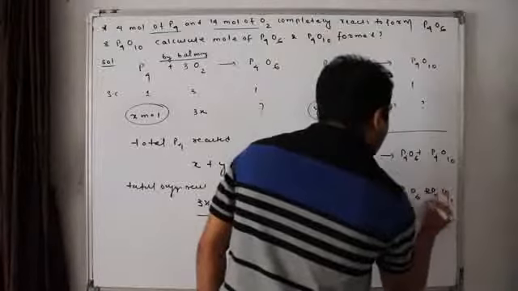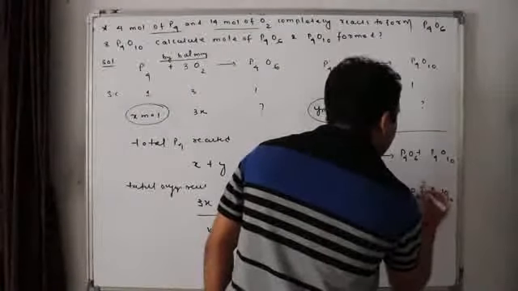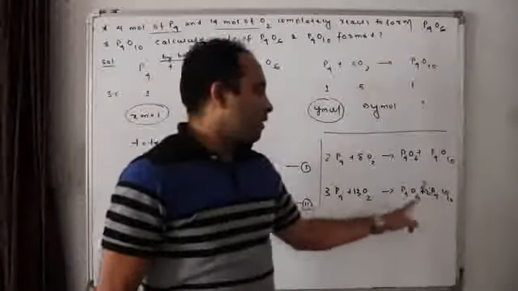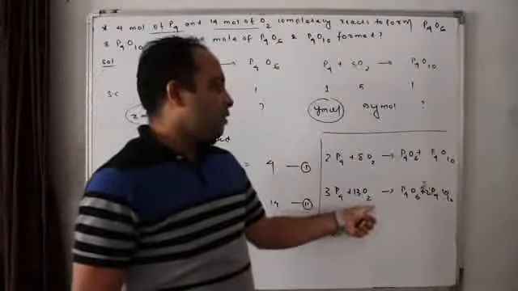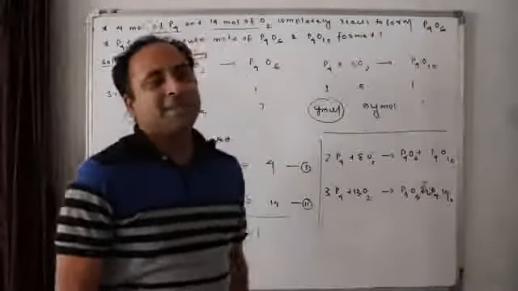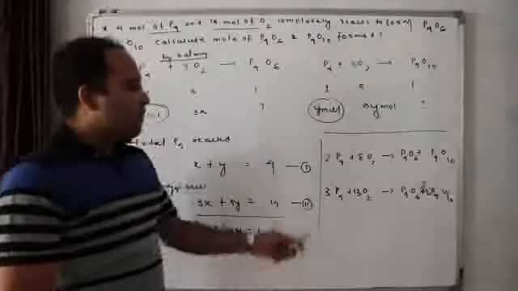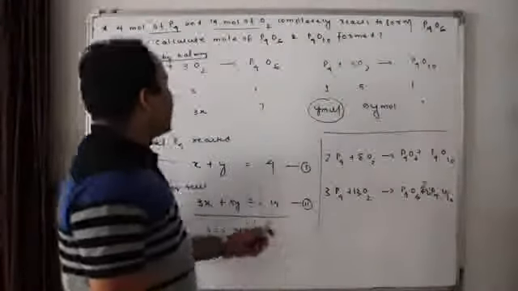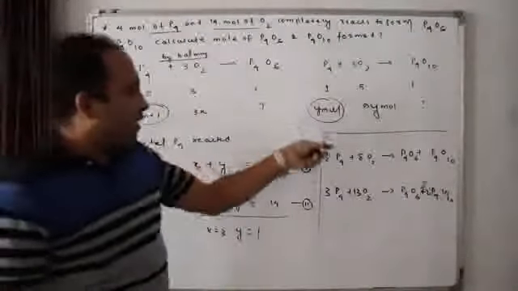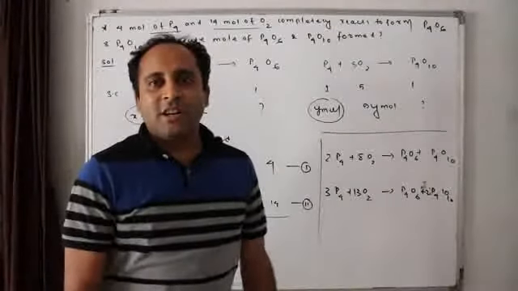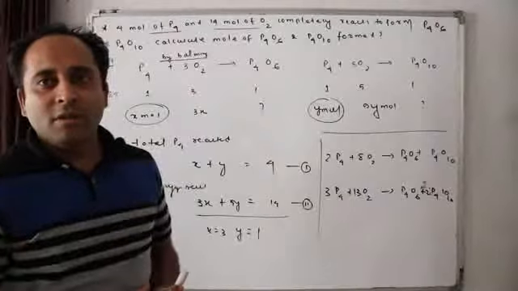Is it balanced? Check it out. 4 to the 12, 4 to the 8, 12, 13 to the 26. Now, oxygen 20 plus 6, 26. That means if I balance together, I am finding different results. So if I take this as 4 and 14, I will have different results. It will be very difficult for me to calculate.